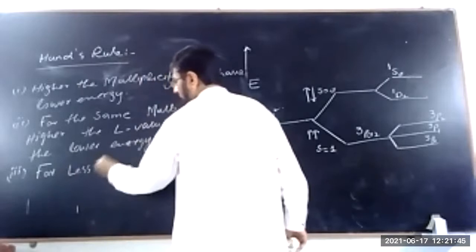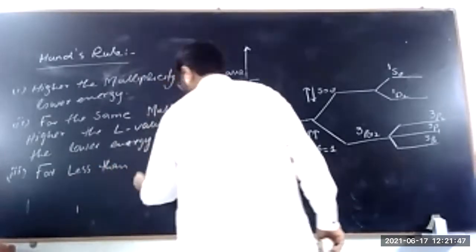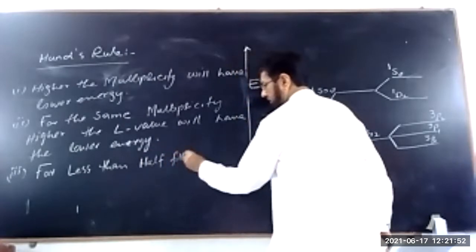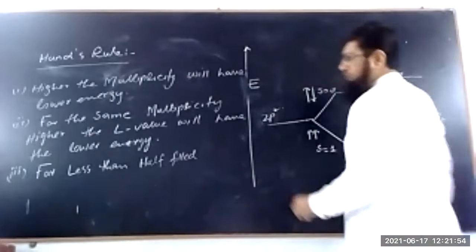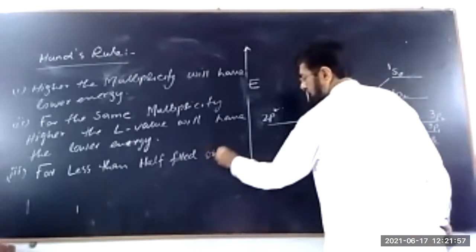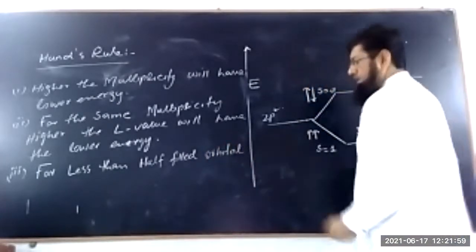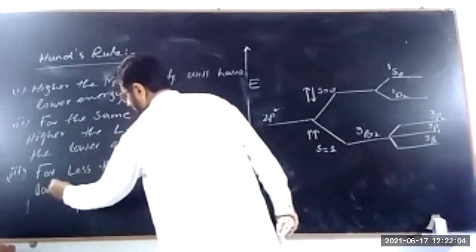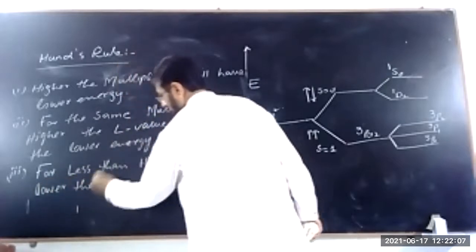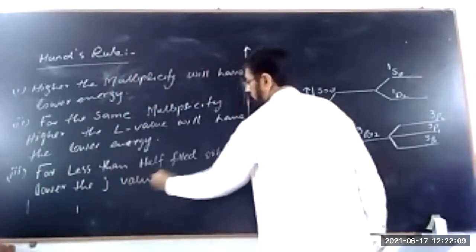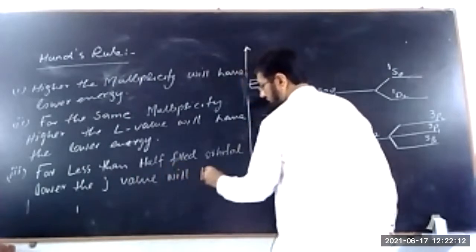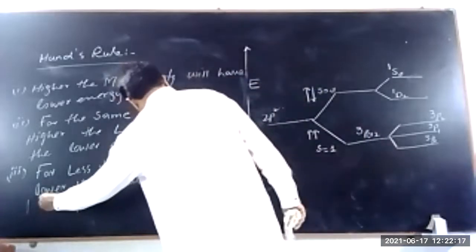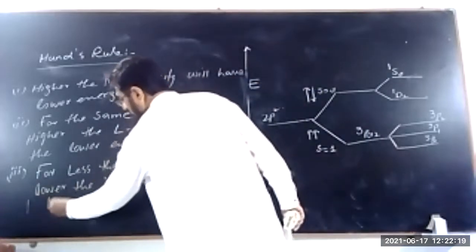For less than half filled orbital, the lower the J value will have the lower energy।